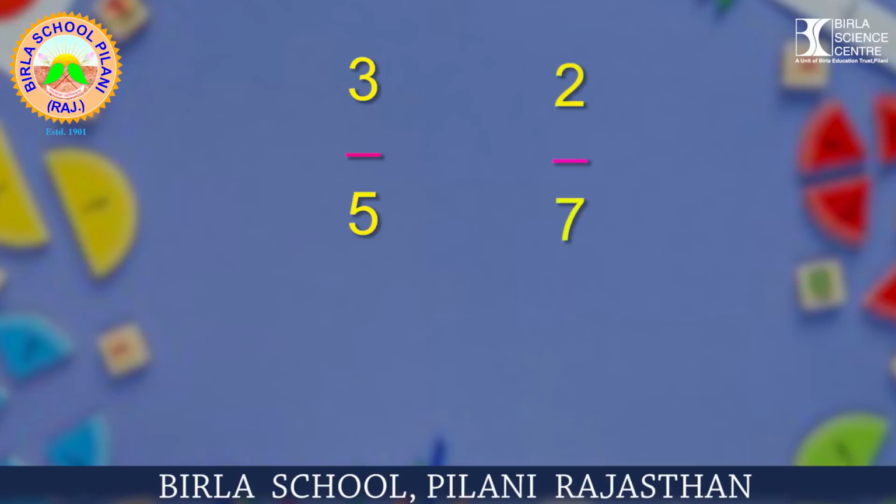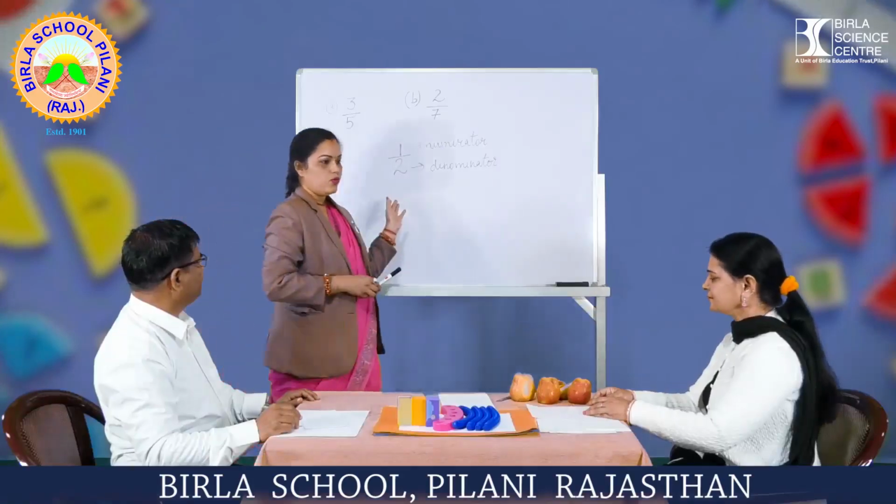Okay, Shalu, you tell me what is the denominator here? Denominator, ma'am, 7. Ma'am, my turn, please. Okay. Now Deep, you tell. What is the denominator here? Ma'am, the denominator is 7. Okay, Shalu, now you explain how it is 7. Ma'am, because D for down or D for denominator. So 7 is denominator. Very good. So 7 is denominator because 7 is written down the dividing line. Okay, good. So you both understand what is numerator and denominator.